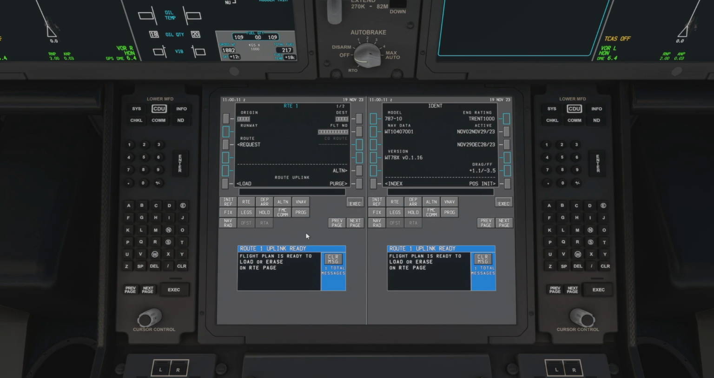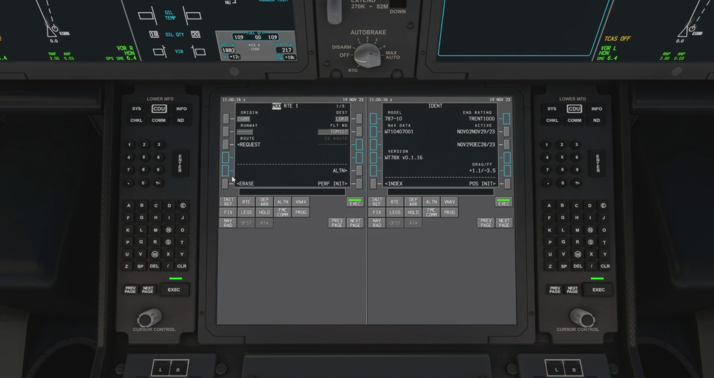All I need to do now is load that in. So over here on the left hand side, and then we hit the load button, and as you can see it's brought in our origin airport, Birmingham EGBB, and also our destination, and also the flight number we put in. So we hit execute now, and if we come across to the legs button and press that, we can